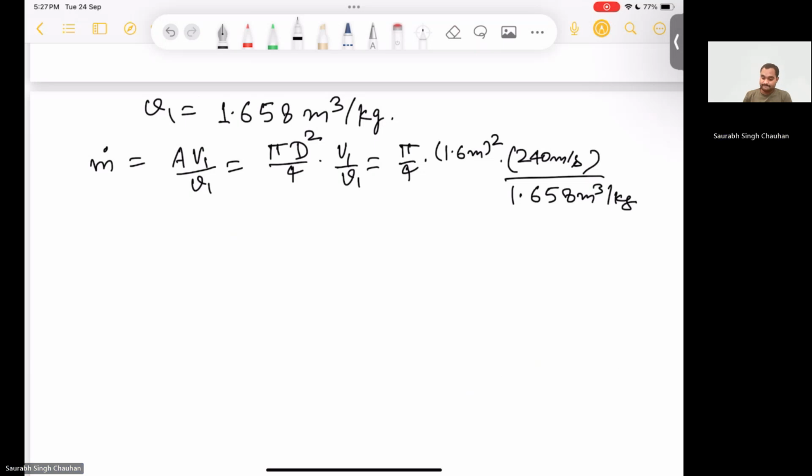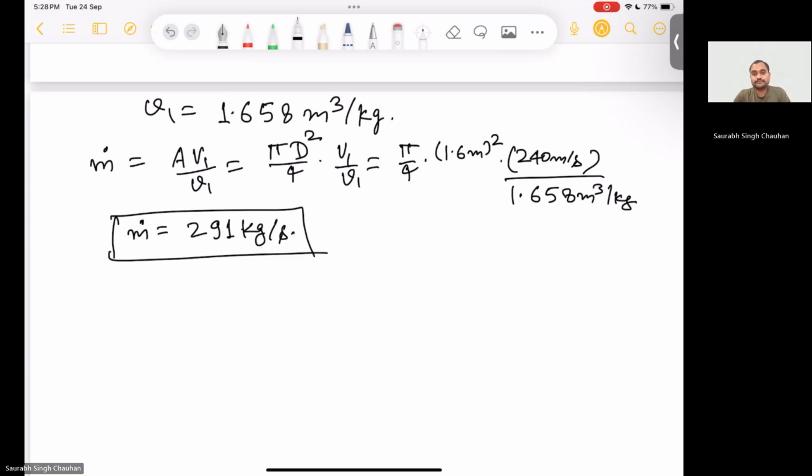Okay, so if you calculate this whole value, it is coming out to be, I'm writing the final value, 291 kilojoule per second. This is mass flow rate. Okay, so now you have mass flow rate, you have inlet velocity, you have exit velocity, so now you can calculate the thrust. Okay, so thrust